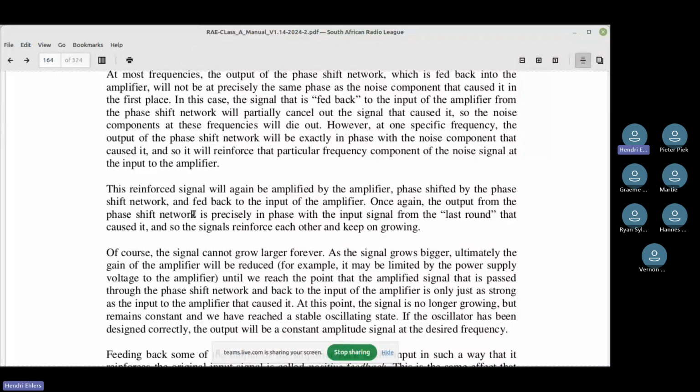Here they explained that with your circuitry at 100 megahertz, the wavelength is actually 3 meters. So every 1 centimeter of connected wire would contribute to a phase shift of about 1.2 degrees.